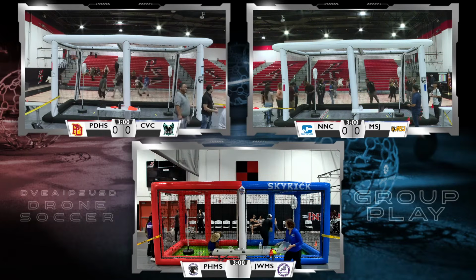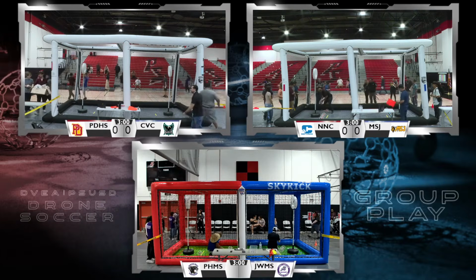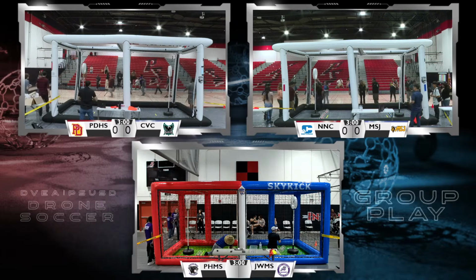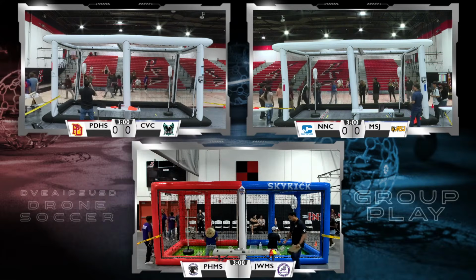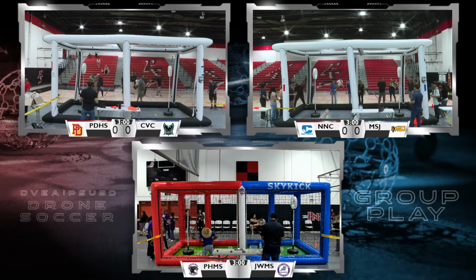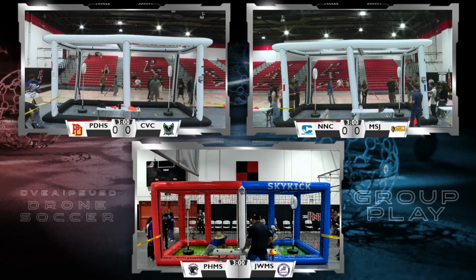Judges will work with them to get their drones ready to go. There they are, and we're getting set. So those judges will get those guys with new batteries.